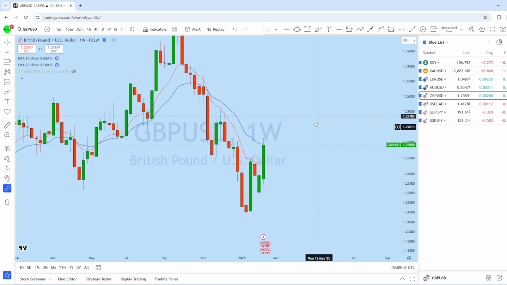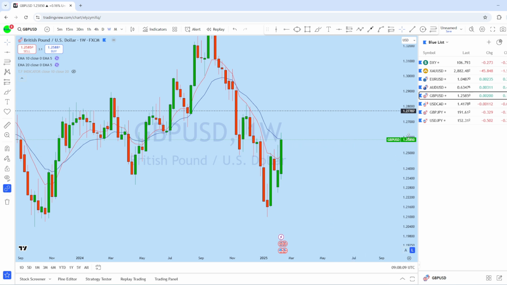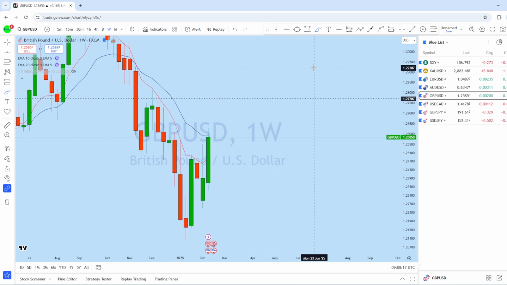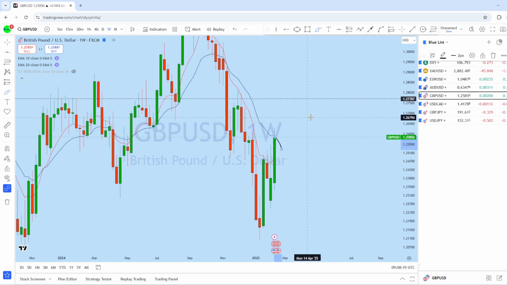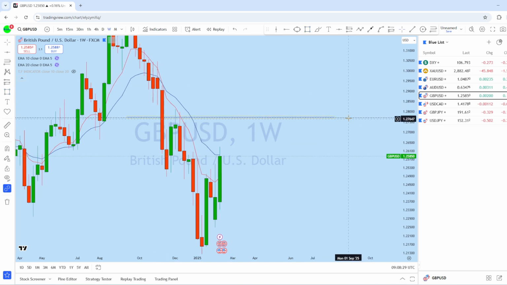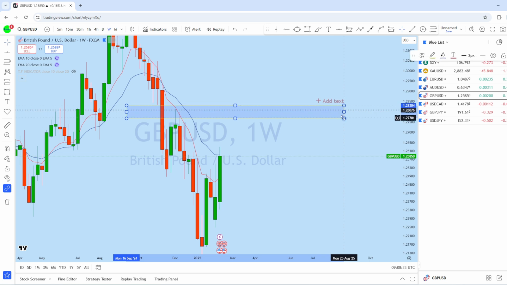Now dropping down to the weekly, we can see that from the weekly perspective it formed a double bottom here and managed to break out with a weekly bullish engulfer, expecting British Pound US Dollar to drop again for a deeper pullback and then return back up to create a new higher high in this market. So this is the resistance line, and I think the price may even try to break this high, where there is high liquidity in that area.